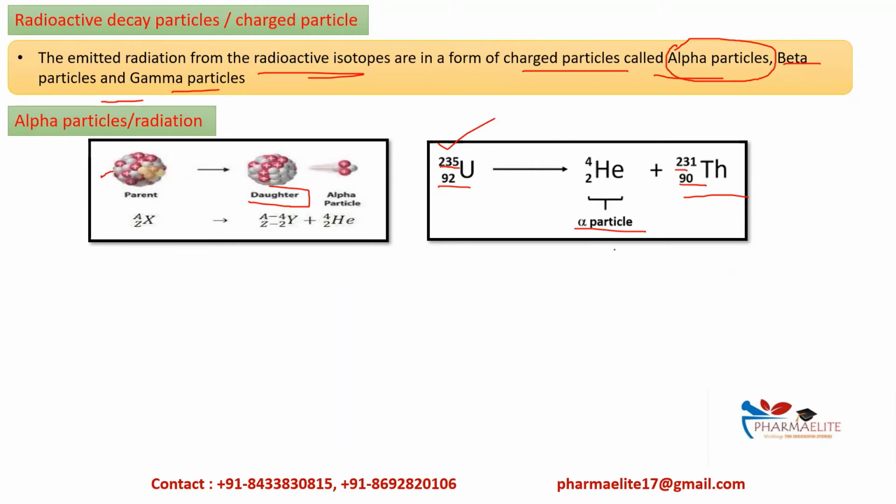Okay, so this alpha particle is nothing but a helium nucleus. आप यहाँ पर देख सकते हैं कि जो atomic mass है helium का वो है 4 and the atomic number is 2. Okay, so we have to subtract this from our parent nucleus. That is, 235 minus 4 will be 231 and 92 minus 2 will be 90. Okay, we will get an alpha particle and the new nucleus.